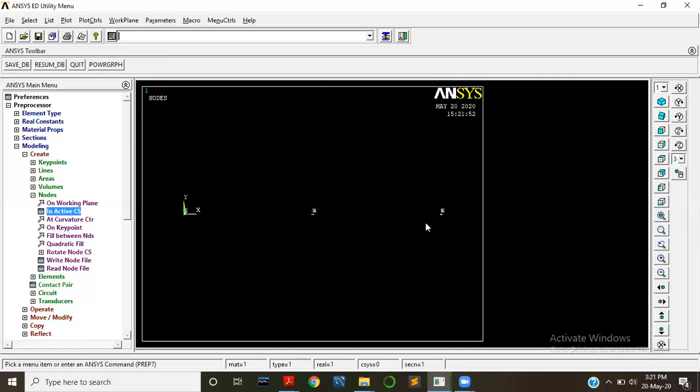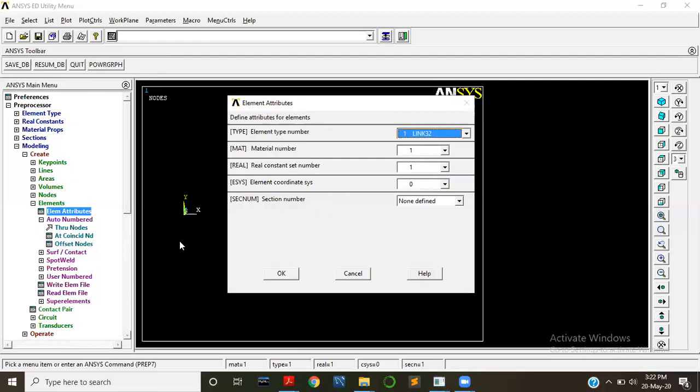Perfect. So next, preprocessor modeling, create element attributes. Come over here and select type 2, link 34, material number 4, because both correspond to convection.